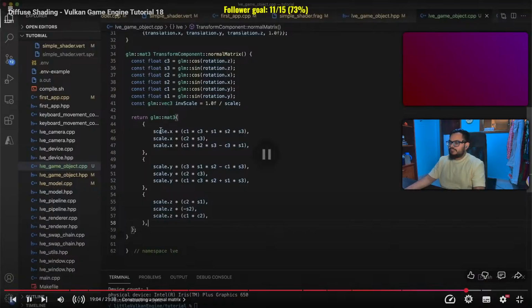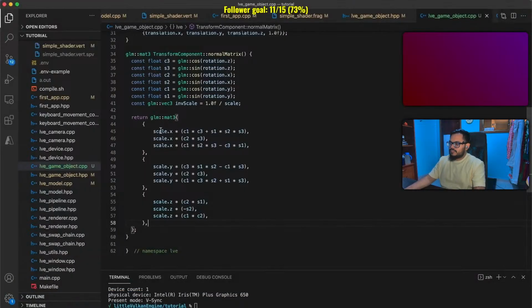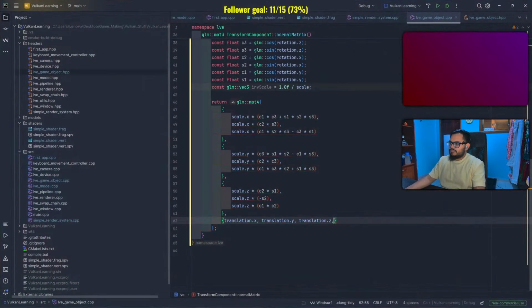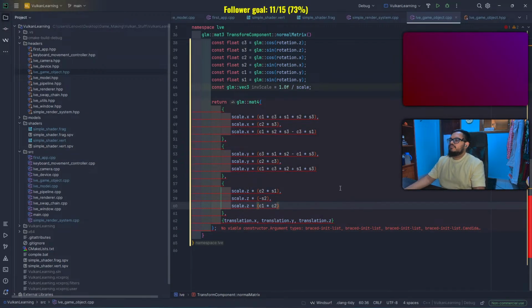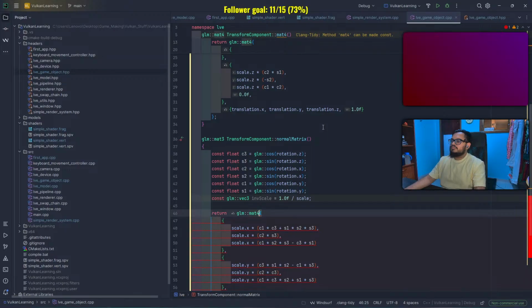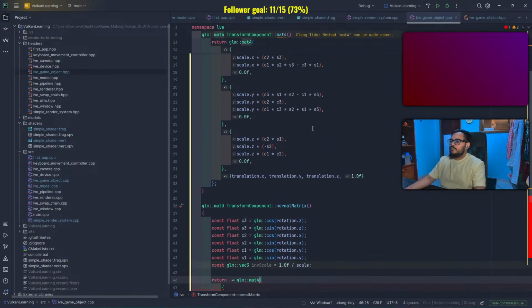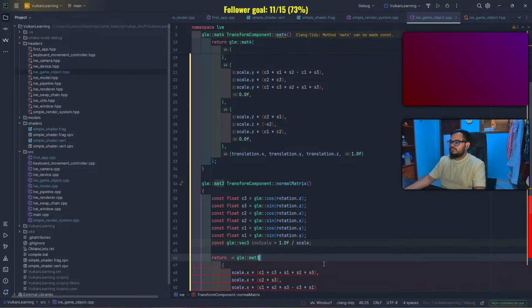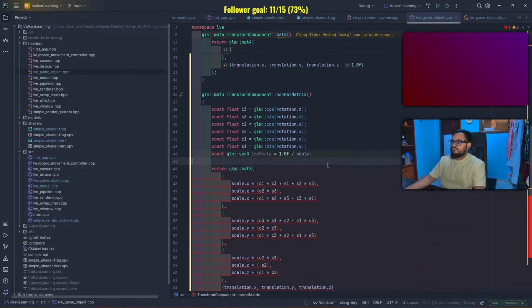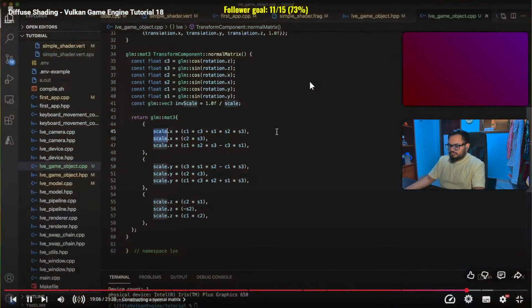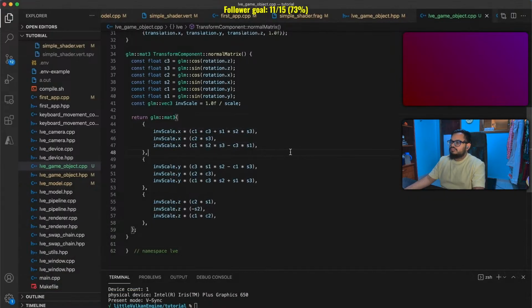Then change each occurrence of scale x, y or z to instead use the inverse scale local variable. And that's it. The normal matrix